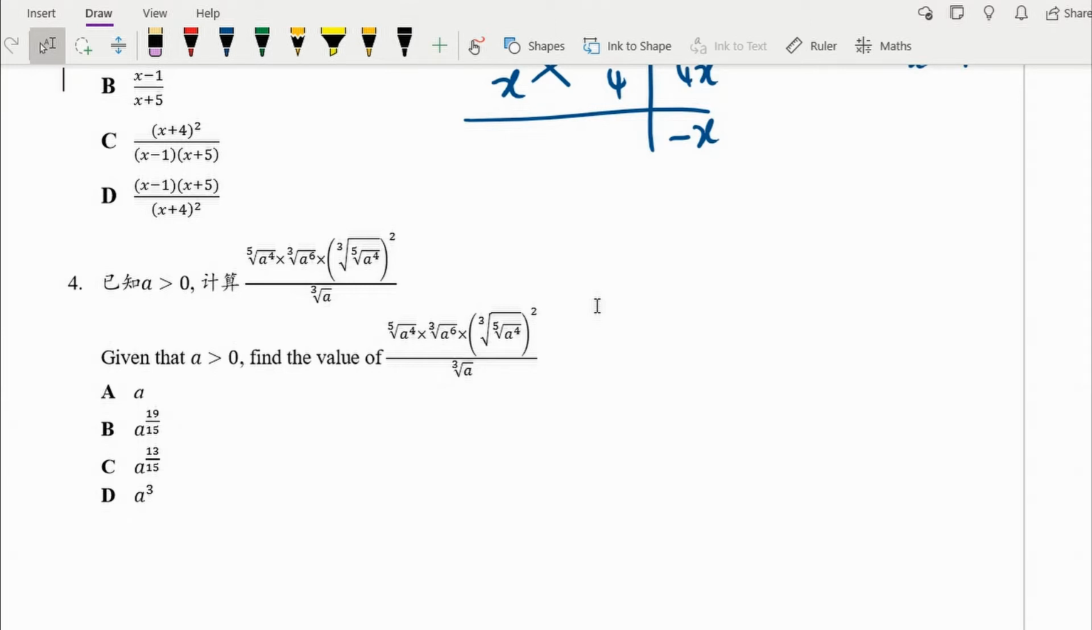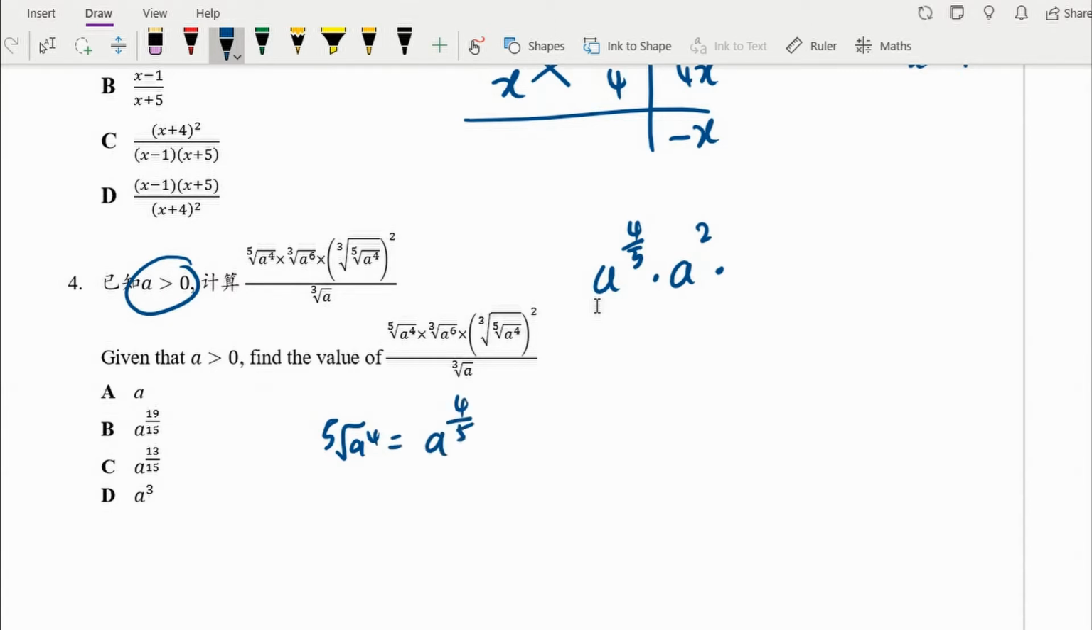Oh, by the way, you see we have a greater than 0. Maybe we need to use that, I don't know. Okay, so it is a 4 over 5 times a 6 over 3 should be 2. Okay, this is very complicated. We do it from inside. So this one should be a 4 over 5. Then you take the cube root of it, should be a 4 over 5 times 3, which is 15. Then you square it, so it should be a